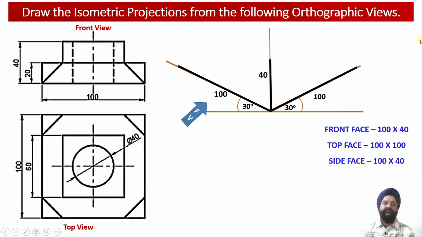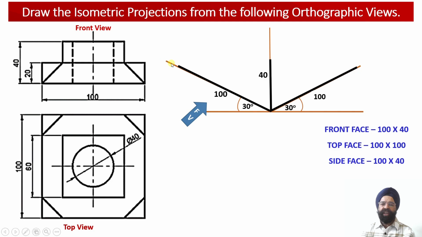So in order to obtain the isometric projection of this engineering object, we need to obtain the dimensions of this front view face, the right hand side view face and the top view face corresponding to this object. As we look into the orthographic front view projection, we observe that the length of the object happens to be 100 millimeter and the height of the object is equal to 40 millimeter. So the front view face of this object will be obtained in the 3D isometric projection in the XY orientation